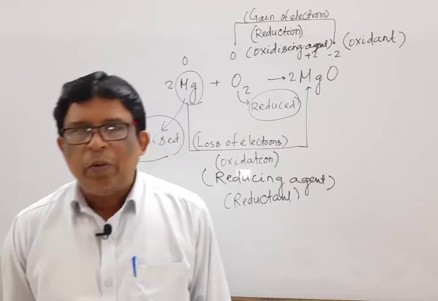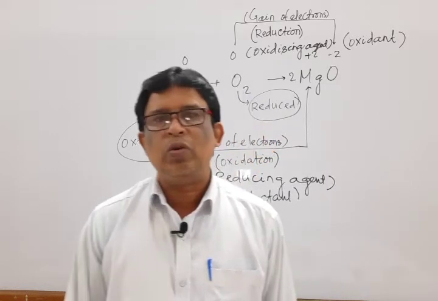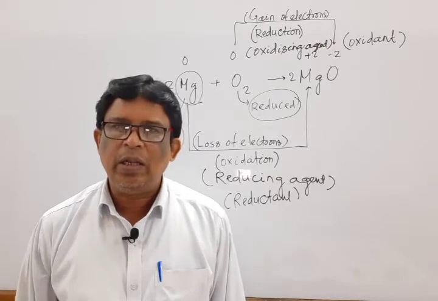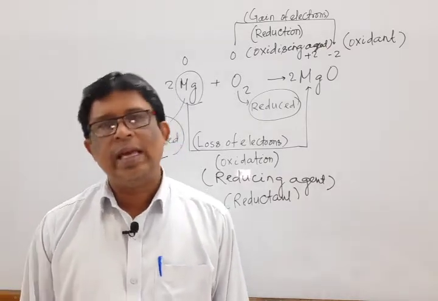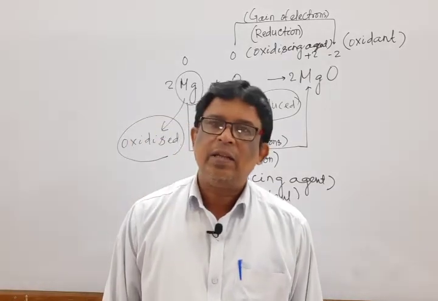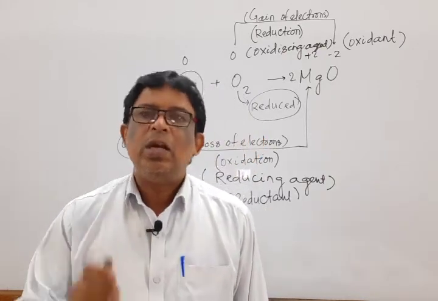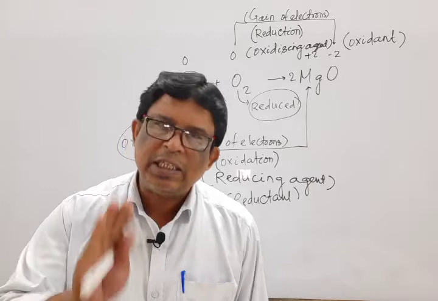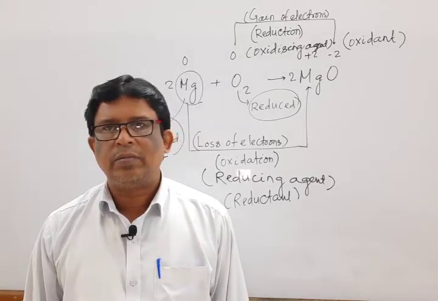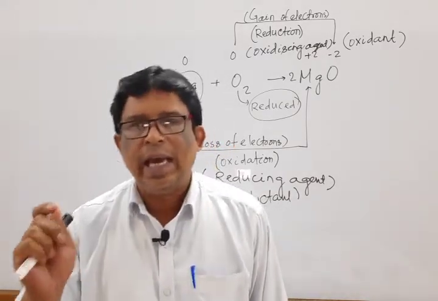Before going to the oxidation number change method, some points we have to obey, 6 to 7 points are there. So first listen carefully, then we write. What are the different steps? Step 1. Write the equation. Next, represent the oxidation number of each species at the top of their symbols. Next, mention where there is a loss of electron, where there is a gain of electron.